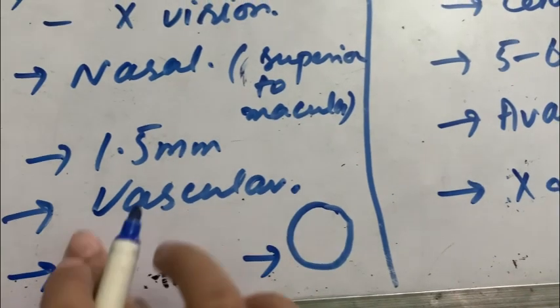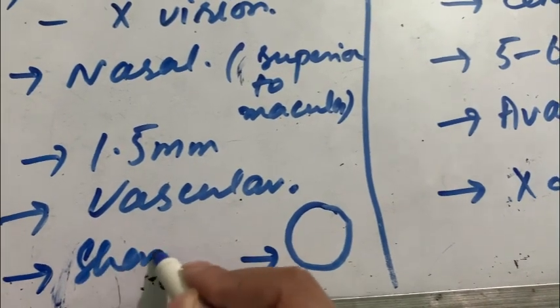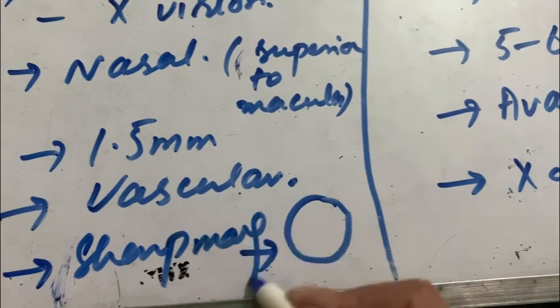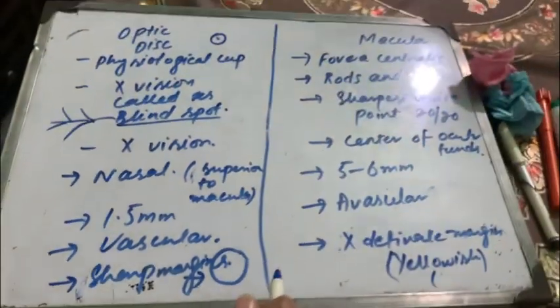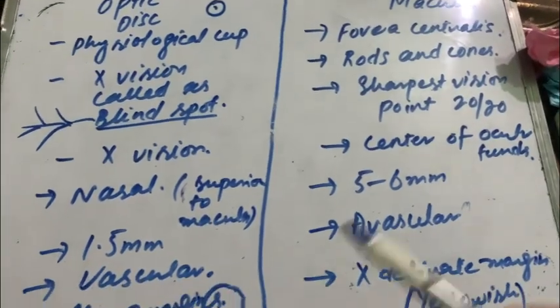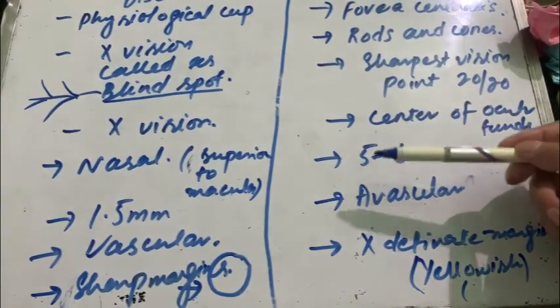So it has sharp margins. So up to this, we have all of these differences,